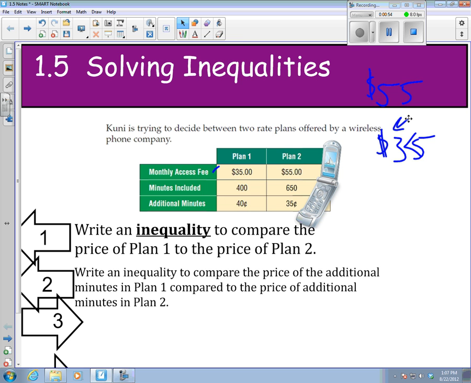There's another part to it though. Write an inequality comparing the price of the additional minutes in plan 1 and also plan 2. So when you get to additional minutes over your allotted amount, 400 minutes for plan 1 and 650 minutes for plan 2, you get into 40 cents and 35 cents per minute. Well, 40 cents is greater than 35 cents. So eventually, depending on how many minutes you use, plan 2 is going to be cheaper. Let's look at